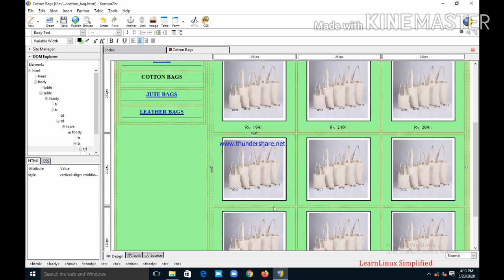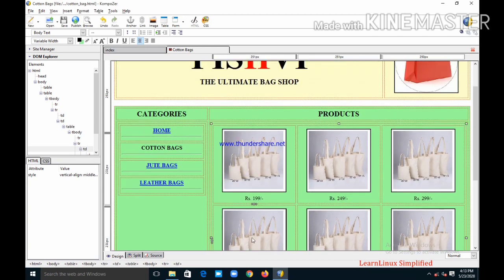And likewise you can make changes in each and every product. Okay, so here I have made these 3 changes.